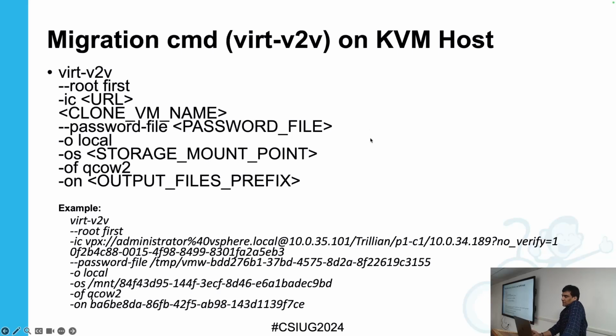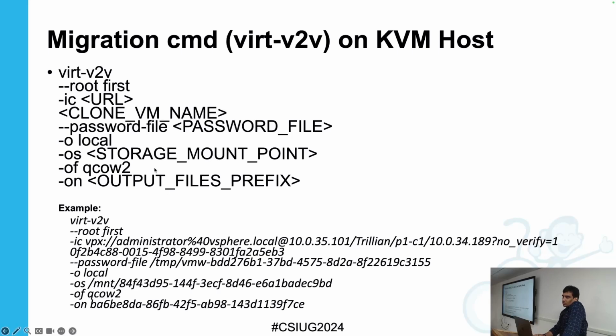The process will create a temporary password file with the vCenter credentials, and it passes it to the command, and then the storage mount point, which can be a secondary storage, primary, or the local storage based on the selection,